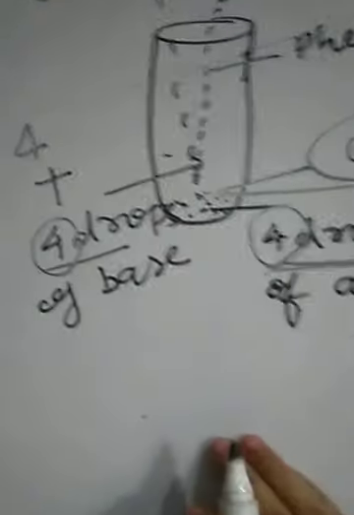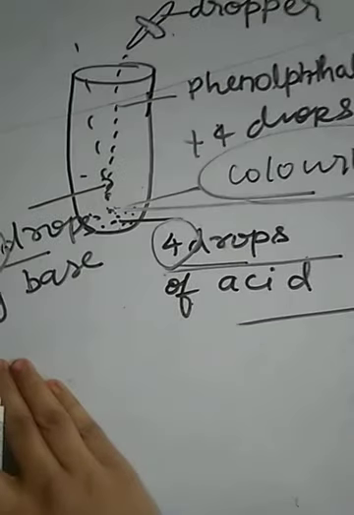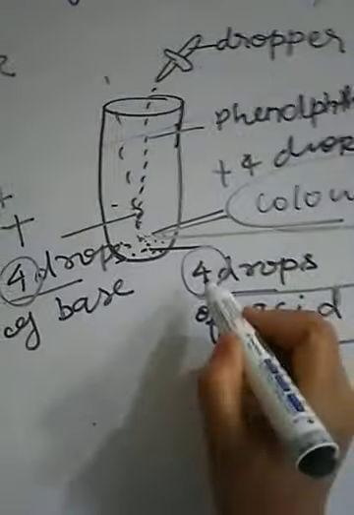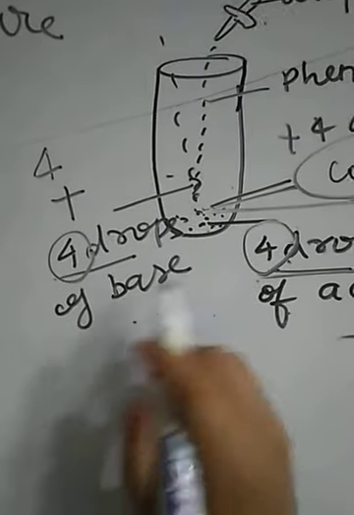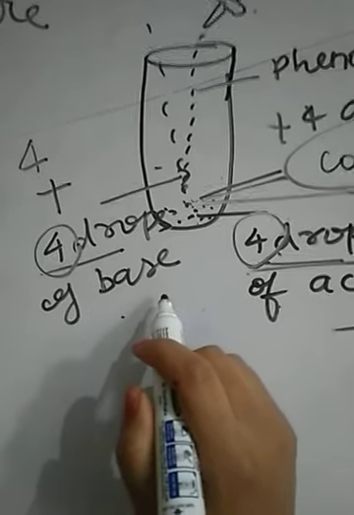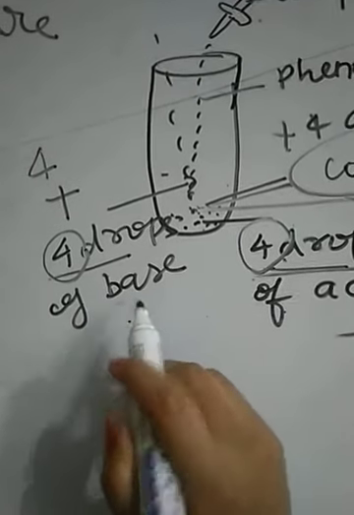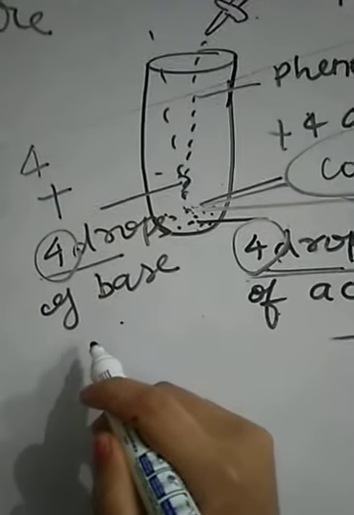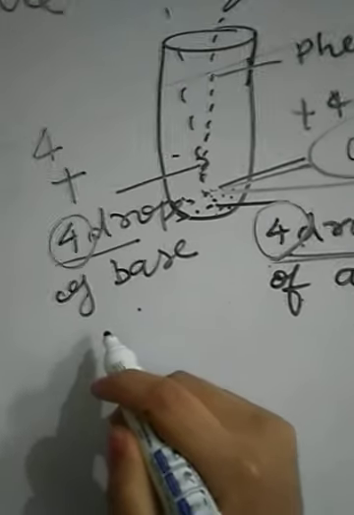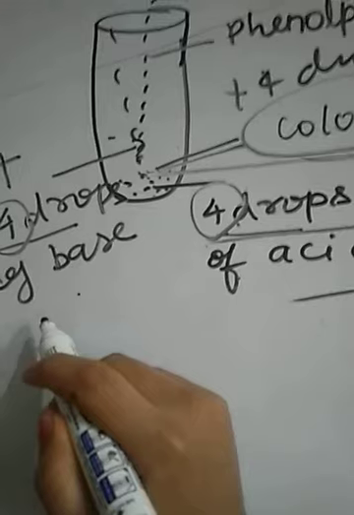So what is the reason? Okay, let's again add 4 drops of acid in it, means again the amount of acid and base is equal. Then what will happen? Again the solution becomes colorless. It means when you add equal amounts of acid and base in a solution, the acid and base neutralize the effect of each other, means they destroy the effect of each other, and the solution is neither acidic nor basic, because the amounts of acid and base are the same.